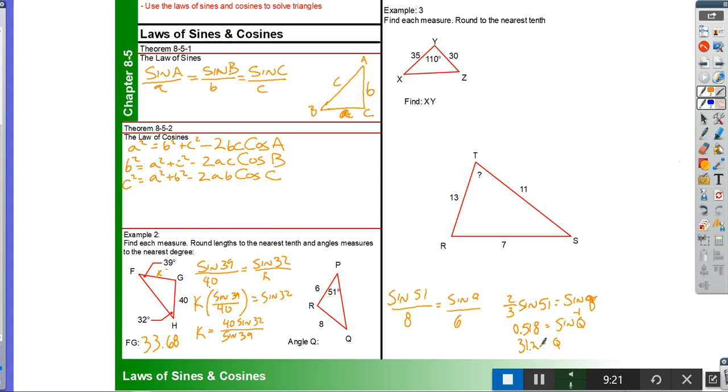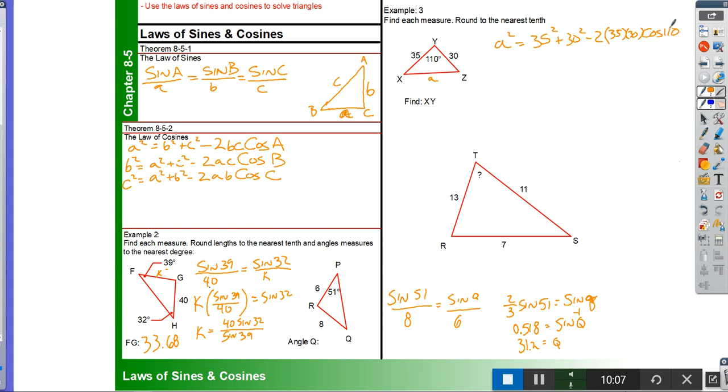All right, let's take a look at this problem. So now we do not have an angle that is opposite a known side length. This is the time for the law of cosines. So I'm trying to find this, I'm going to call this A. So that means that A squared is going to be equal to 35 squared plus 30 squared minus 2 times 35 times 30 times the cosine of